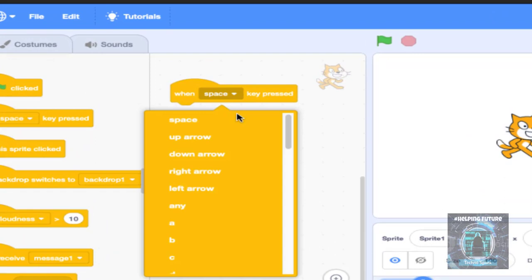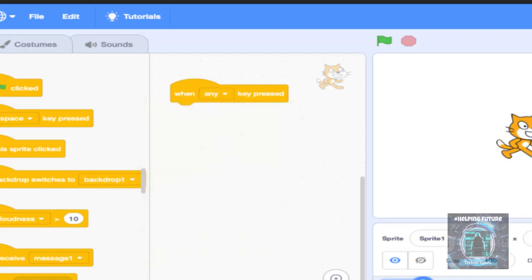You can choose anything you want from all these. You can even have any. I'm going to put any right now. So when any key is pressed, any key on your keyboard, it may be A, B, C, D, tab. I'm not sure if tab works. Whatever. So let's go to the motion,